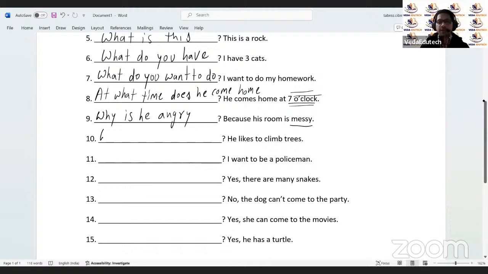Okay. He likes to climb trees. All right. Question. What does he like to do? He likes to climb trees. Okay. I want to be a policeman. All right. Common question. What do you